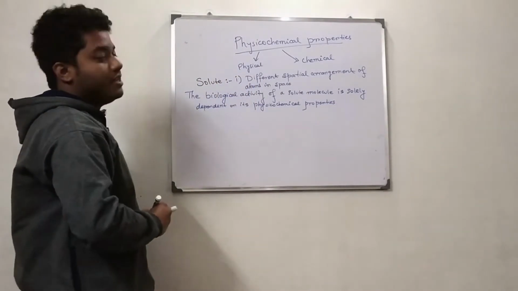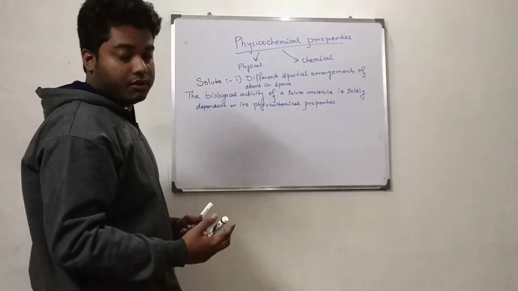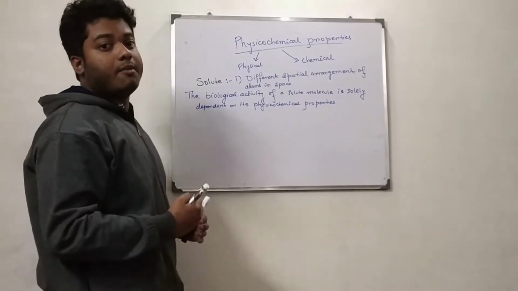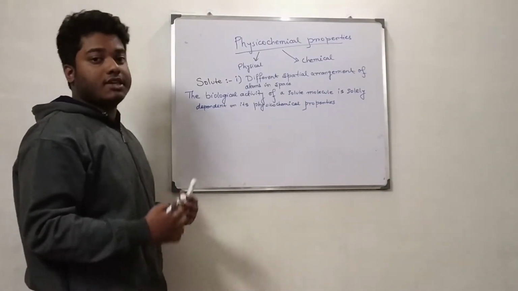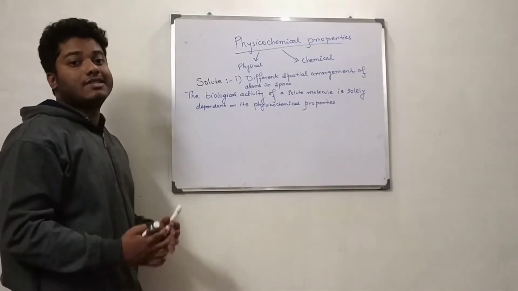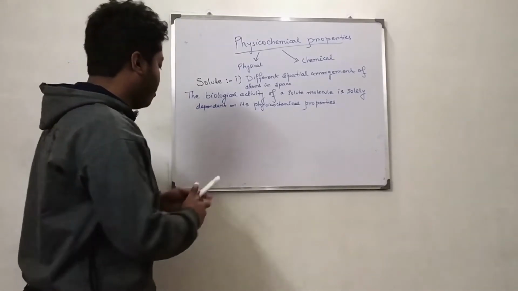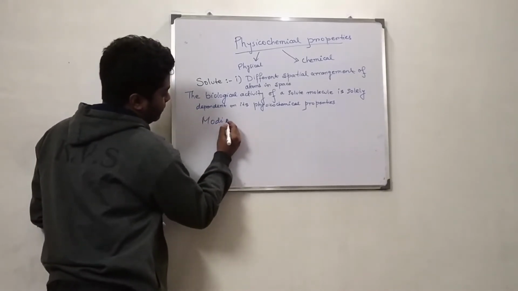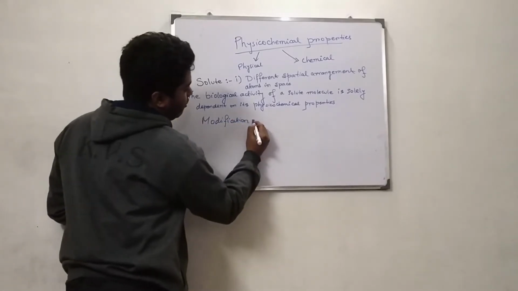Now, we see that in medicinal chemistry we can modify the drug molecules. We can modify them by changing the chemical composition of the molecules. We change it in such a way that the chemical modification parallels the activity of the actual drug molecules. That means whatever modification of compounds we make,